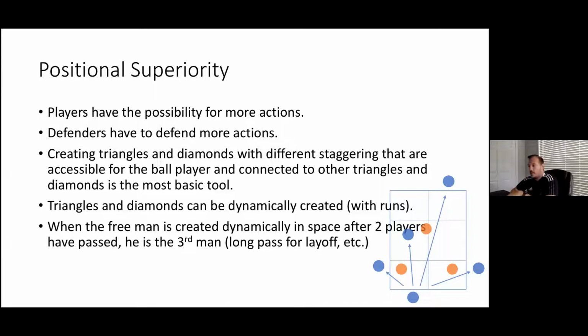So in positional play, the third man is used a lot, whether you're creating a triangle or whether you're making that run in behind after certain passes happen between two players. Okay, so that's another aspect to think about in positional superiority. That third man is in a positional superiority. He's in a valuable position. He's a free man going towards goal most often, but he's created in the moment, sort of with momentum, with dynamic, right? So with speed, and he's not just waiting there. It happens in the moment that he moves into that third man position, and he's created positional superiority.